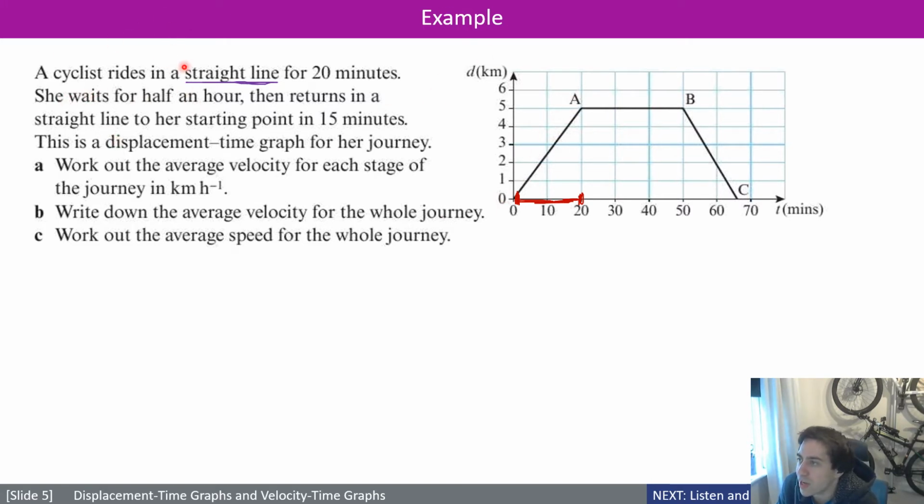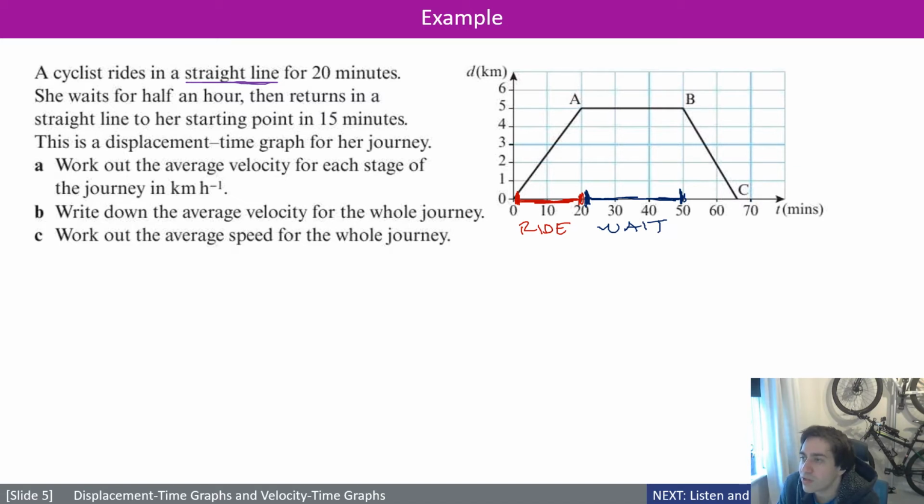She waits for half an hour. Okay, so the waiting for half an hour, that's this bit, isn't it? She waits for 20 plus 30 minutes, it's 50. That's our wait. Let's put that there. So it's a ride, then a wait, and then